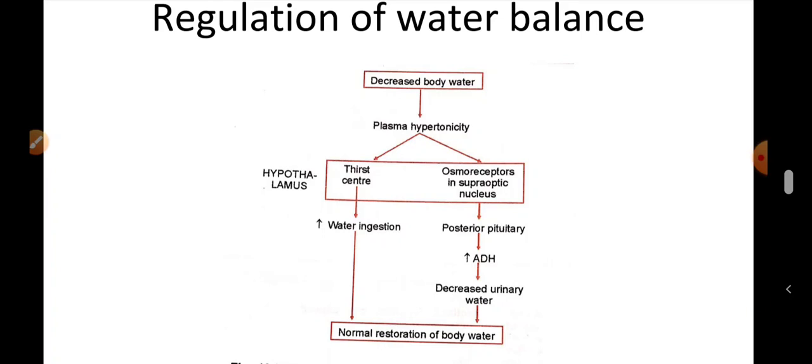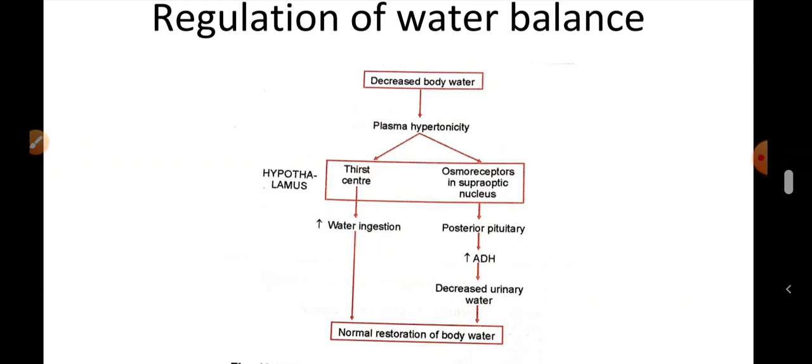Through the osmoreceptors in the supraoptic nucleus, the increased plasma osmolarity also stimulates these osmoreceptors. The stimulated neurons of the supraoptic nucleus send impulses to the posterior pituitary gland to secrete ADH. This hormone reaches the kidney tubules through the blood and causes increased absorption of water from the collecting ducts of the kidney. Thus, water loss is decreased. When the body has excess water, exactly the opposite occurs.